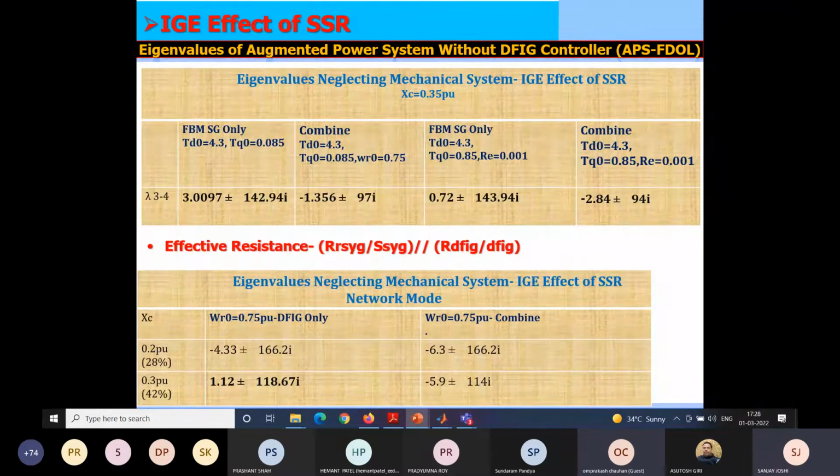Again, the series capacitor compensation is 0.35 pu only. So this first column here, can you see my arrow? Yes, sir. Okay, so you have seen that with 0.85 TQO the system was stable, but with the 0.085 TQO the system was unstable with synchronous generator only, right? Now with this TDO and TQO 4.3 and 0.085 and wind speed 0.75,